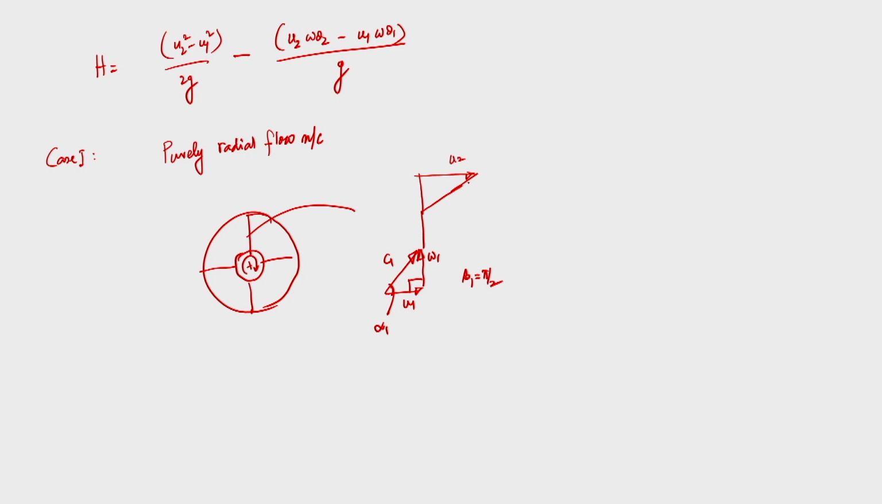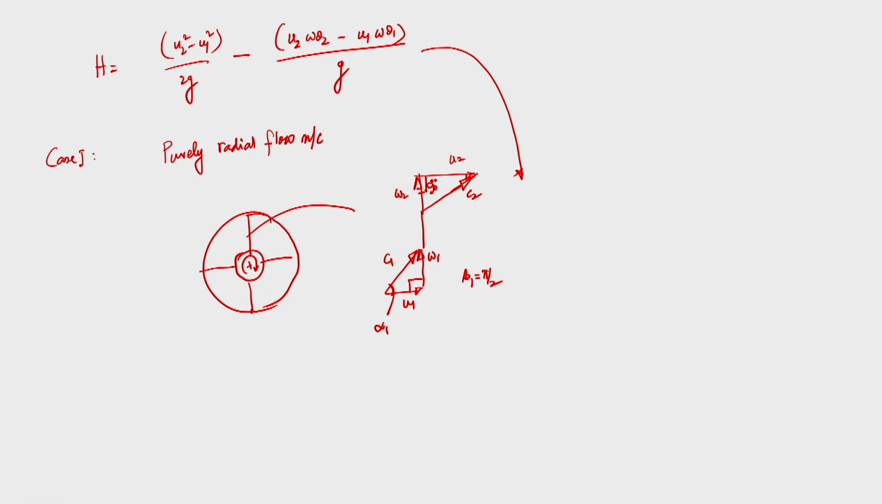This is U2, this is C2, this is W2, and this angle is 90 degrees. This angle is 90 degrees. So, this angle is 90 degrees. Now, if I try to write this expression for this case, rather if I try to obtain the head